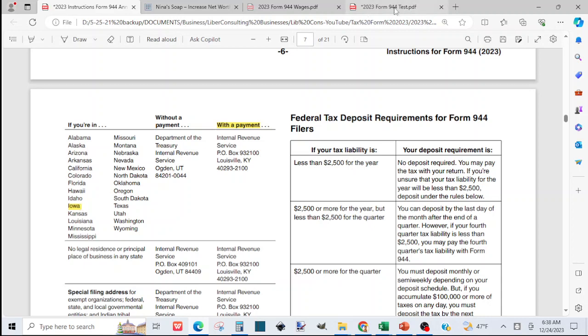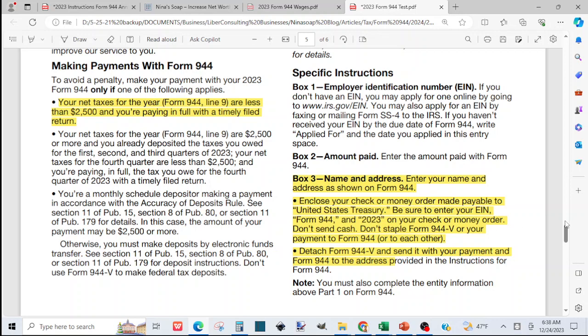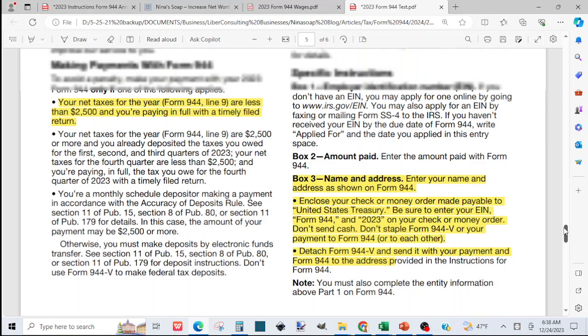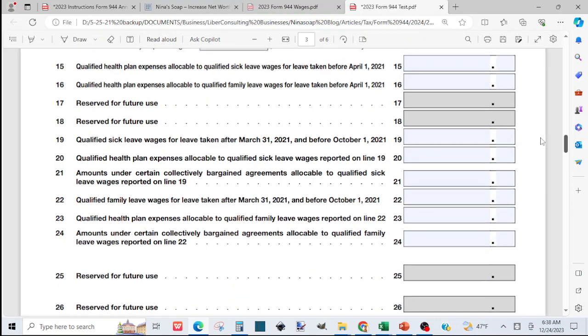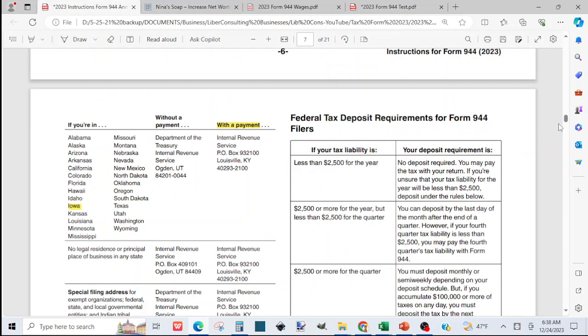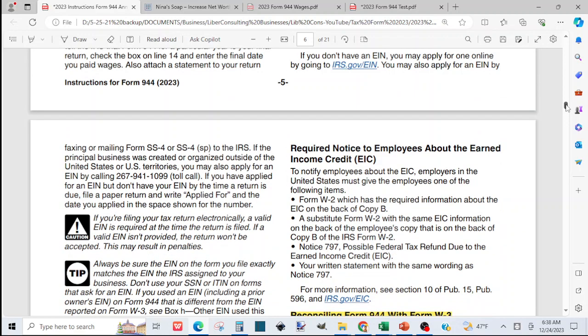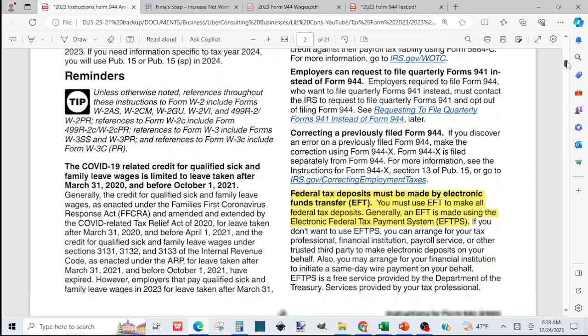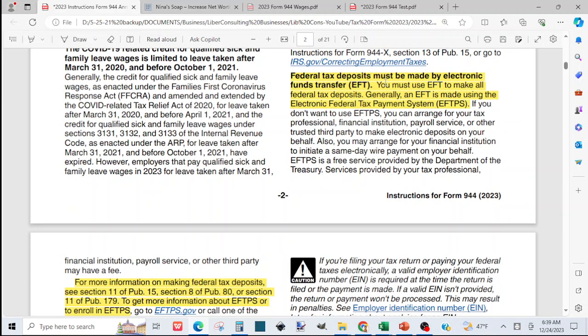So if you did not complete Form 944-V, I repeat, you did not complete Form 944-V because you chose to make a deposit of what you owe on line 11, and you chose to make a deposit via EFTPS, and make a payment or a deposit by electronic fund transfer through your EFTPS account, then you do not complete Form 944-V,